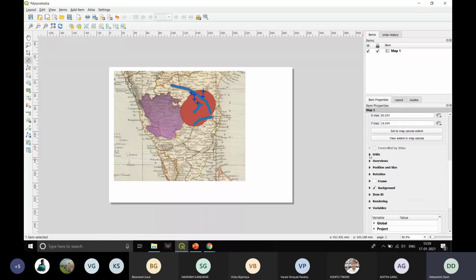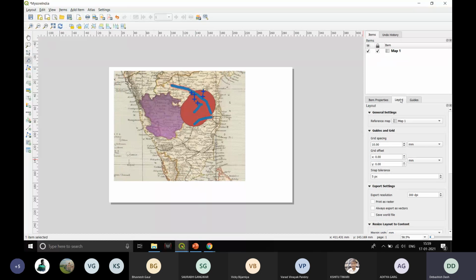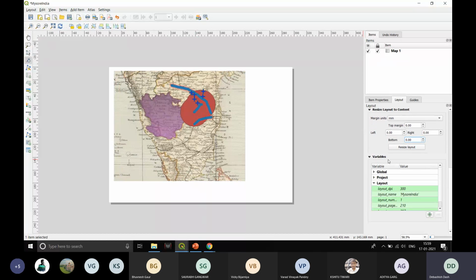One thing is I can add the grids to it, basically the lines of latitude and longitude that I wanted to add to our map. So to do that, I'll just go into layout, and in layout, if I scroll to the bottom,